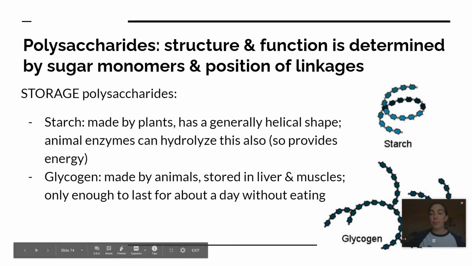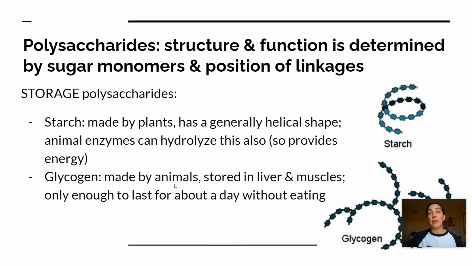That's this kind of branched polysaccharide that you can see down behind my picture. This is made by animals. So this is a polysaccharide that your body builds when you have extra glucose. If you don't use all of the energy that you get from your food, your body stores some of it by building this molecule of glycogen, and you store it in liver and muscles. So this is kind of a backup place to store energy for a